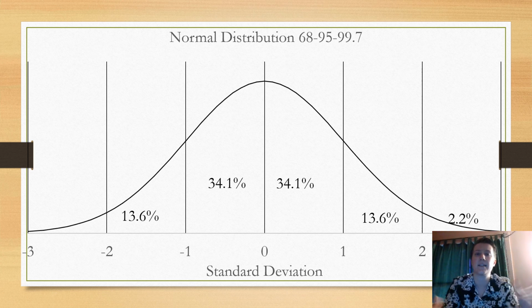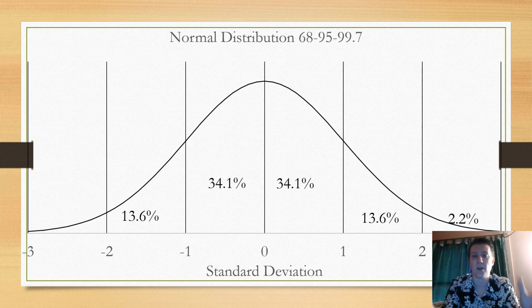So when we have this 68, 95, 99.7 rule, it's saying that 68% of the data lies between 1 standard deviation above and 1 standard deviation below the mean. That's just adding our 34.1 to 34.1. And we're rounding it, so it's 68% instead of 68.2. But we have 68% of a normal distribution is going to be between 1 standard deviation above and below the